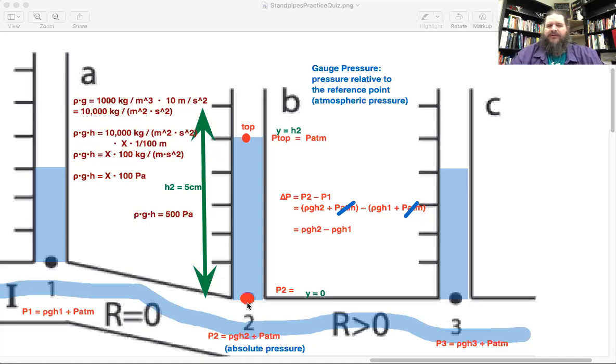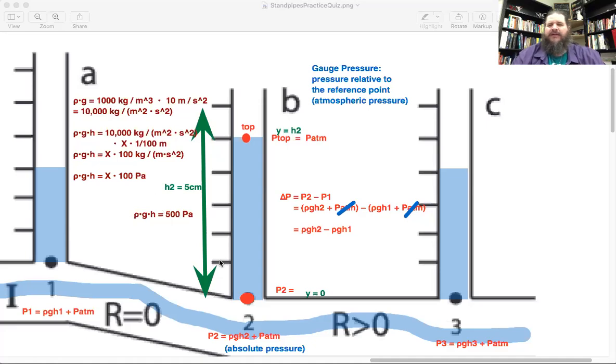Does that mean the actual pressure at 2 is 500 pascals? Would we say that location 2 has a pressure of 500 pascals, because it's under 5 centimeters of water? Yeah, 500 pascals plus the atmospheric pressure. So if we want to find the actual absolute pressure at location 2, we would say location 2 has a pressure of 500 pascals plus 1 atmosphere. But if we just want to describe the gauge pressure, we would say location 2 has a gauge pressure of